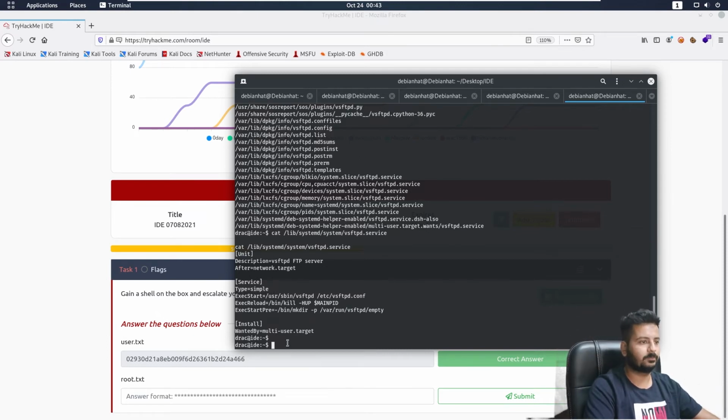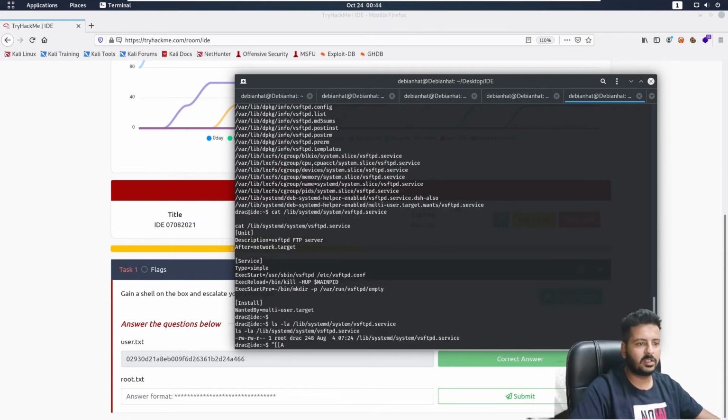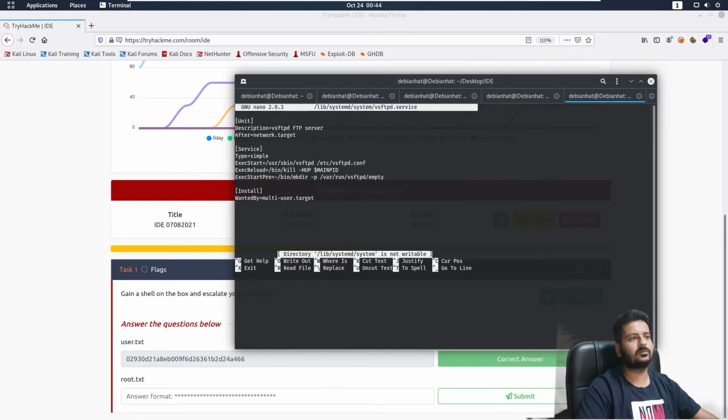So this file is available to the user, so we can mess with this. I'll show the permissions out in there. So this file is available and Drake can read and write as well. So we have write permissions to this file. What I'll do is open this in Nano. Simple out there. Now there are two things that we can do right over here. Let me get out of this once.